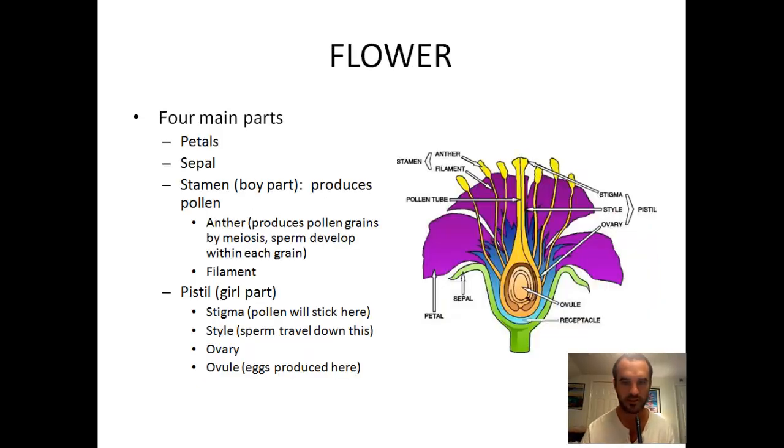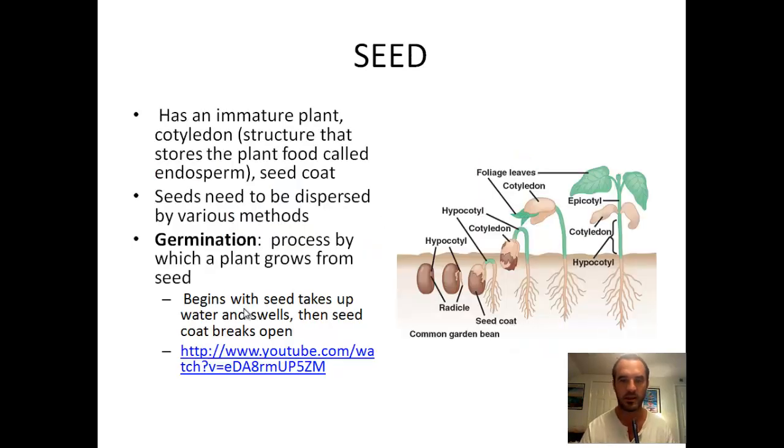Actually, I want to go back to this slide. You're going to want to be able to draw the parts of the flower. So at this point I would pause the slideshow and draw out and label all the parts that you see here on the left. Be able to label all of these on your flower, and then just press play and come back in for the next slide. Okay, so